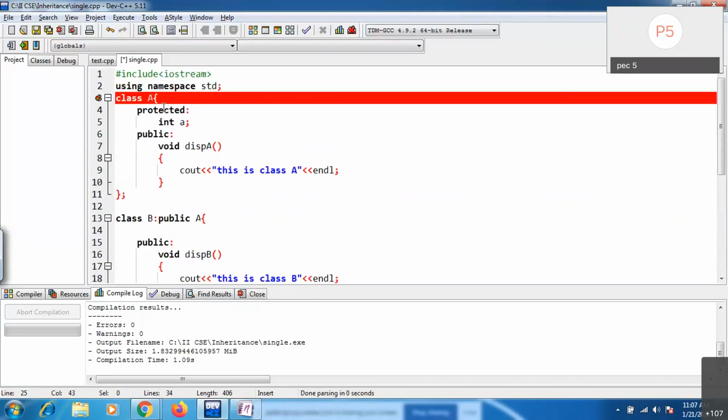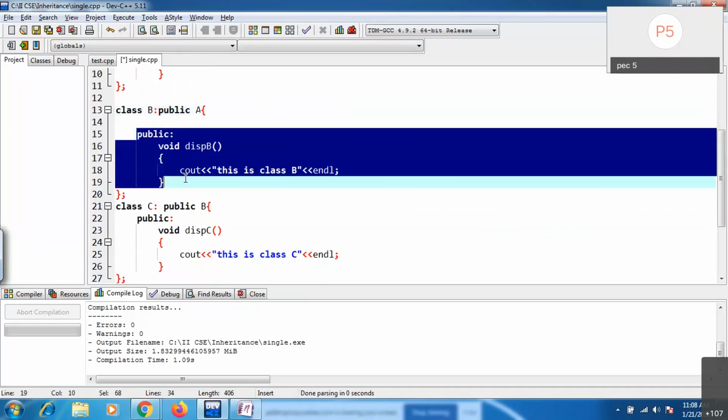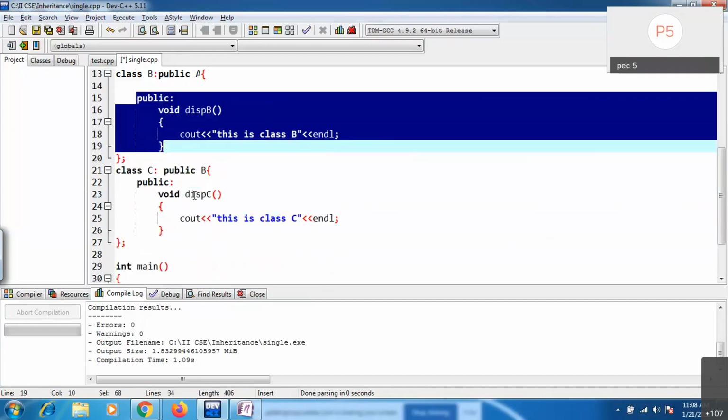One base class A is there. From this A class, I'm deriving one more class B, and this B may have some of its own members. Now I'm going to the next level, multi-level, right?